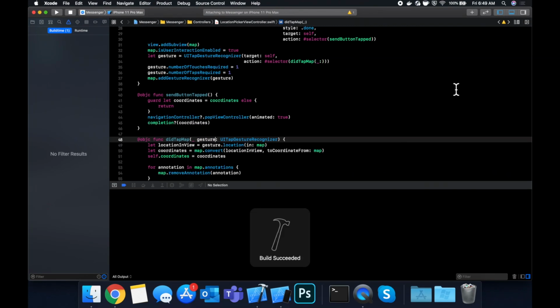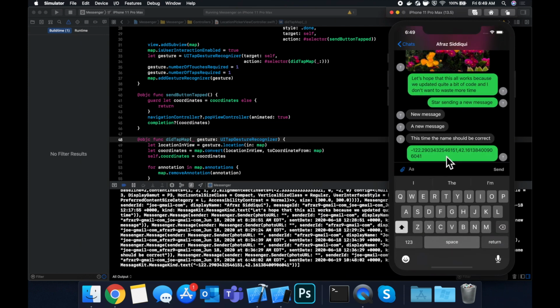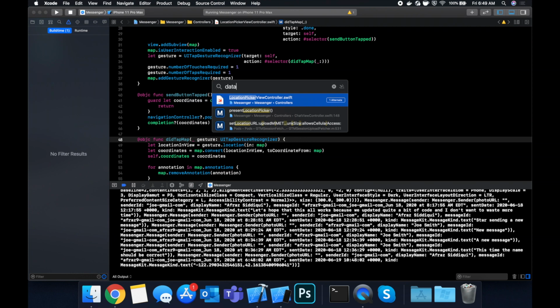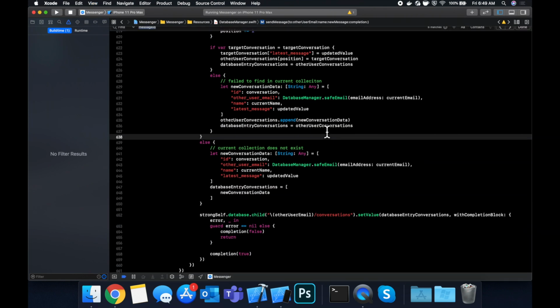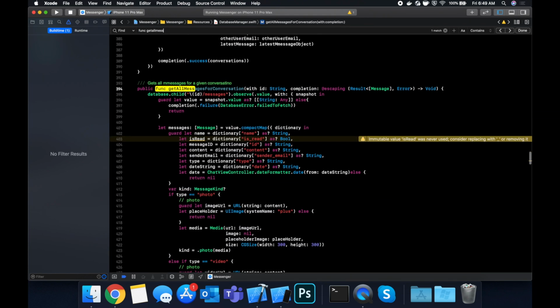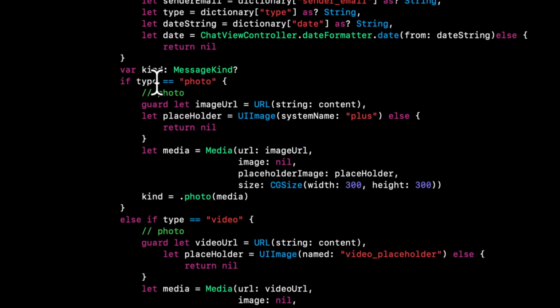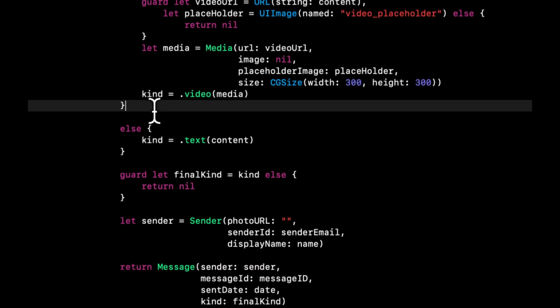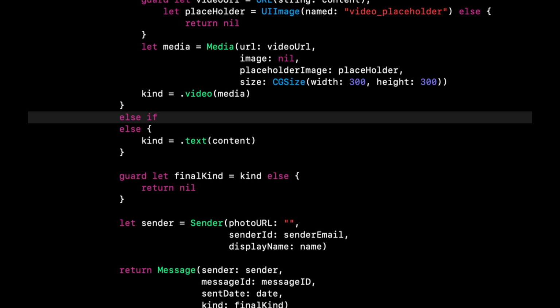Let's look at rendering, and then we'll quickly do the profile after that too. So we open this up and we notice we sent a message, but it's not rendering properly. It's kind of inferring it to be a text-based message, so that's not right. So we're going to go to our database manager, and we want to find the function that is called, what is it called? Get all messages. And in here, we do an if-else based on the type. So we're going to add a new case in here, and this one is going to be else if,